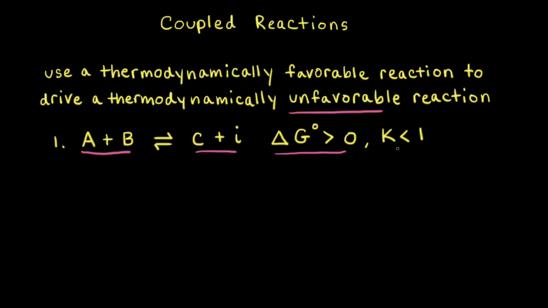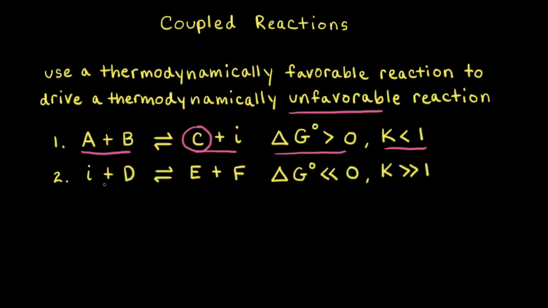And at equilibrium, the equilibrium constant K is less than 1. When K is less than 1, that means there are more reactants than products at equilibrium. And if our goal is to make a lot of the product C, that won't happen as long as this reaction is thermodynamically unfavorable. Next, let's look at another hypothetical reaction where I reacts with D to form E and